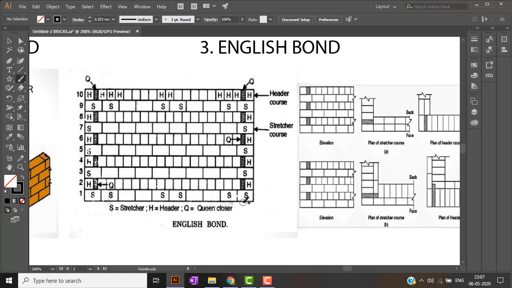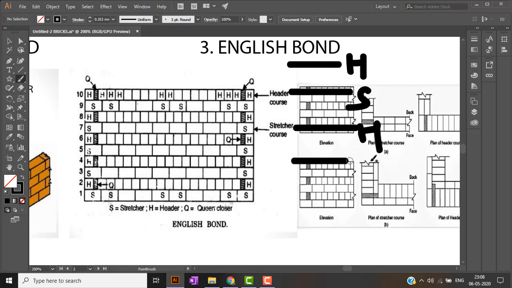The third one is an English bond, which is the strongest bond. In this, the header and stretcher are in alternative courses. Like one course will consist of header, the second course will be stretcher, third course will be header, fourth course will be stretcher. So this is the strongest bond, and in all the header courses you will find a queen